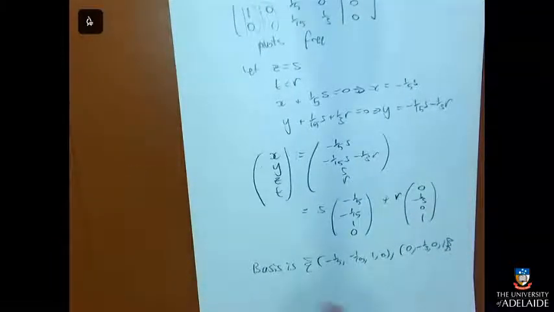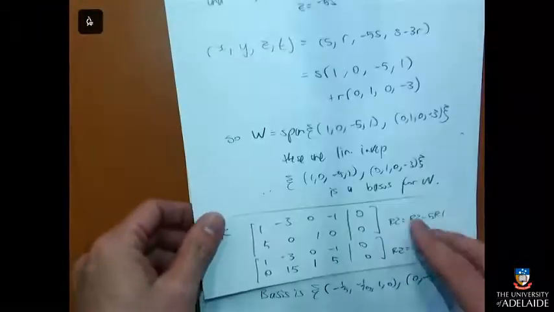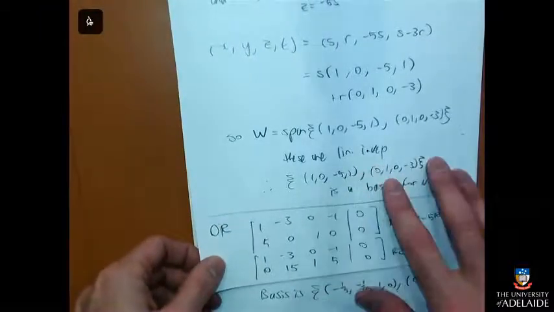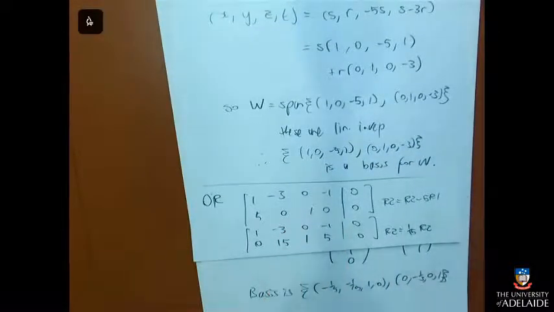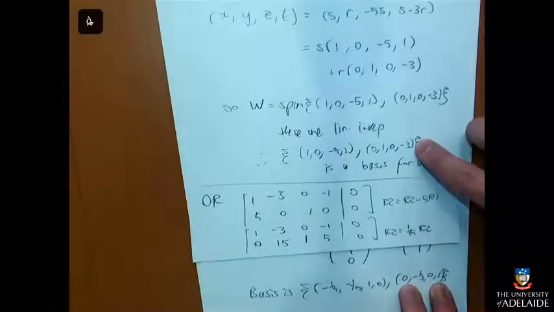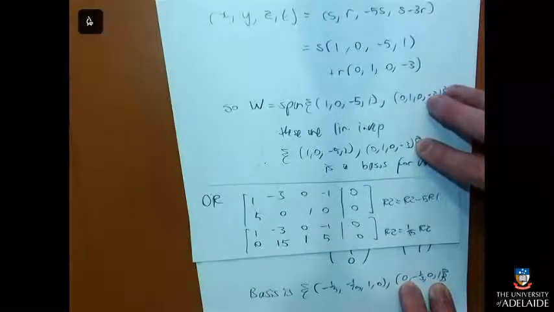This looks very different from the other basis I found, but that's okay. There's all these different choices for what the basis could have been, because there's infinitely many vectors to choose from, so there's infinitely many bases that I could have gotten. This basis is harder to read because there's all these fractions in it. I mean, fractions are not worse than whole numbers, they're just harder to read. And so that's why I chose to do it the way I did, because then I got nice, pleasant whole numbers. Yeah, it looks totally different to that one. Though look at these two. This one is like minus a third of that one.